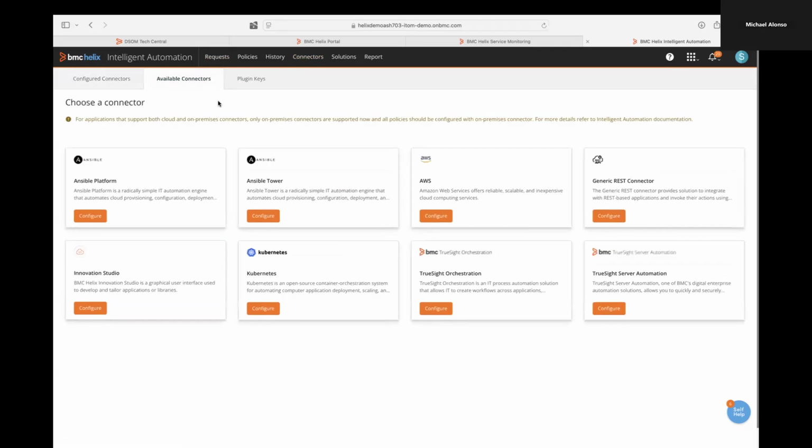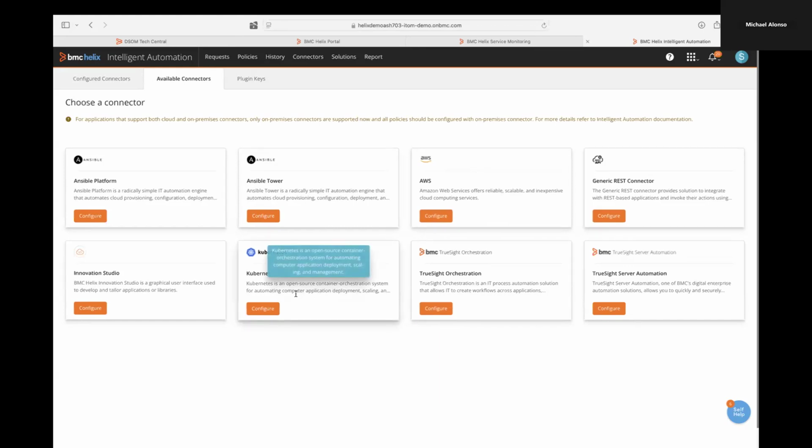That means if you have an automation tool that you've already deployed, I know a lot of people are in the government space, many, especially in the DoD, have standardized on Ansible. That's great. I can use Ansible. I will pass that automation off to Ansible. Ansible executes it, brings me back the response. You can see how you can use AWS. I have a generic REST connector.